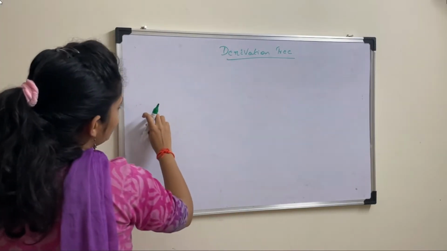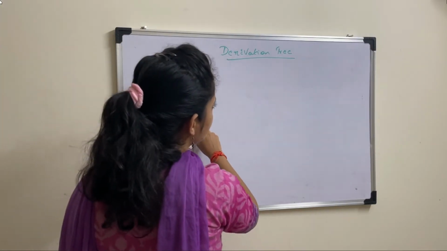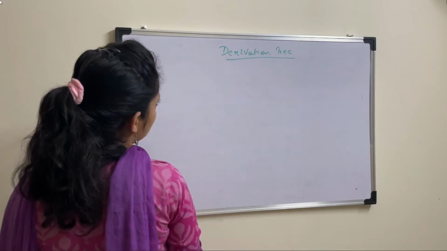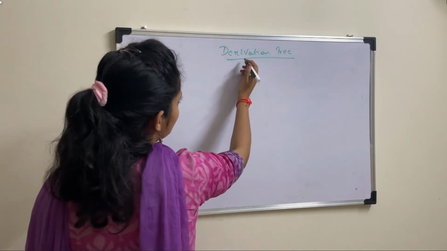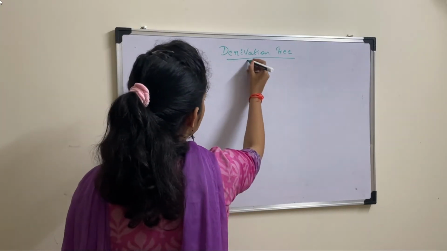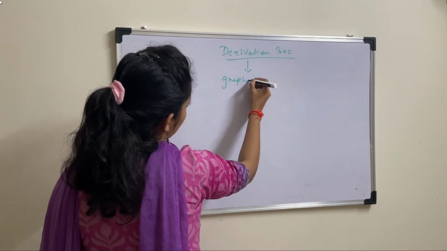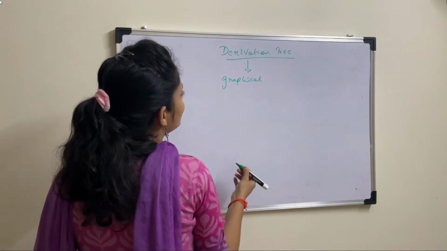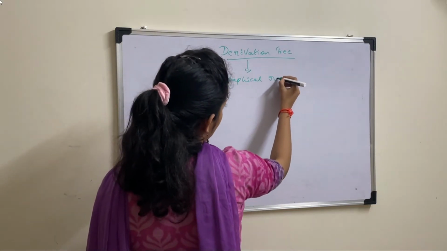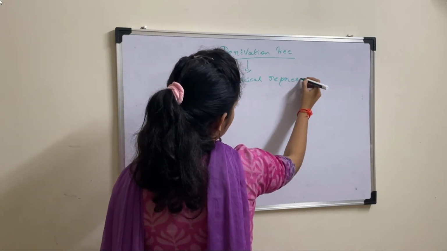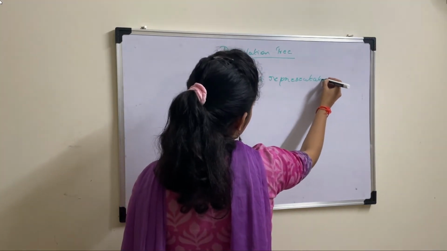Derivation and what are the different types of derivations we have, that is leftmost derivation and rightmost derivation. So in this lecture we will see what is meant by decision tree. Decision tree is nothing but a graphical representation which we use for representing derivations. Okay. So this is just a graphical representation.